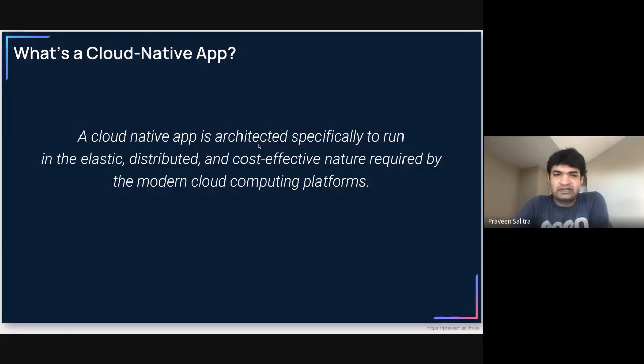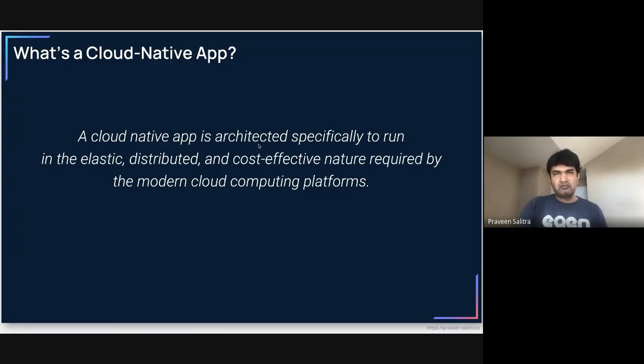So that is one. The other one is distributed. Now, if your platforms get bigger, and if you are working on a startup and that gets more popular, you would want to have more microservices, more teams working together on this platform. So it has to have some sort of distributed platform architecture that you have to support. And then, of course, cost is going to be an important characteristic for this kind of platform. So we'll talk about all these principles, which are going to stay on these 3 core pillars of elasticity, distributed nature, and, of course, how we can make it cost effective.